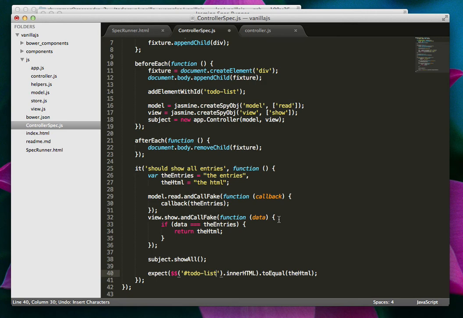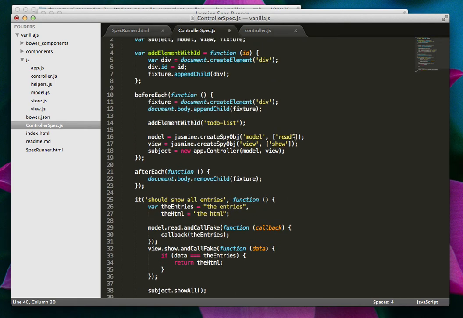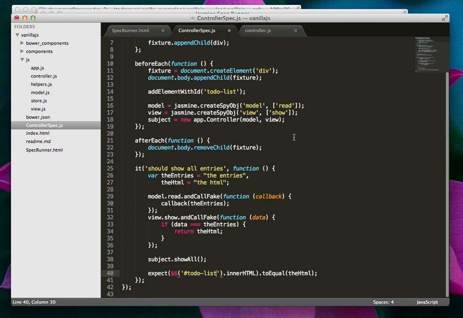I kind of got lucky the first time I wrote this down here, these 40 lines of code. We have a working test right now for the controller, but you see I have a lot of code touching the DOM here, which is really annoying. So that's the first 50 minutes gone,